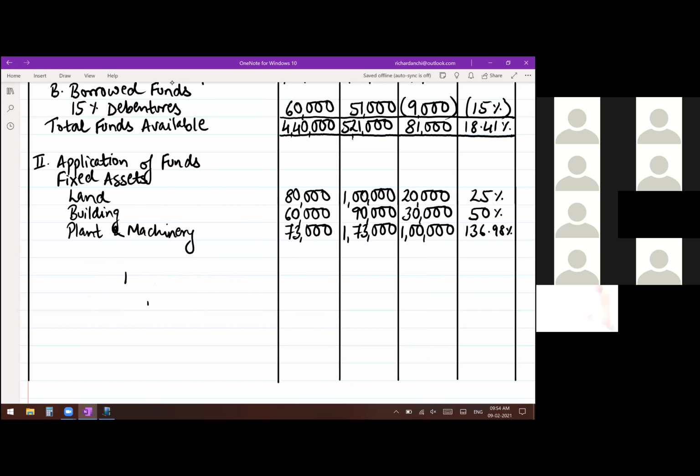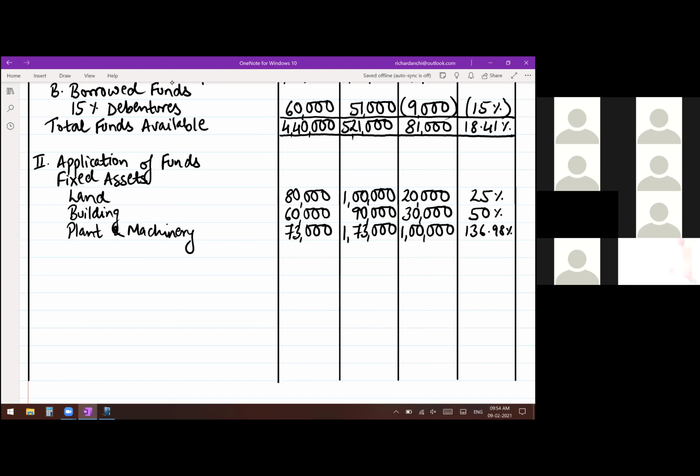Okay. Then the next, fixed assets are over. Your next head is investments, but here there are no investments. So directly you can write current assets minus current liabilities, which is known as working capital. You can give the number here if you want. Fixed asset 1, working capital is 2. And under working capital, you have current assets minus current liabilities. Current assets, again, there is a list over there. Let's write one by one.